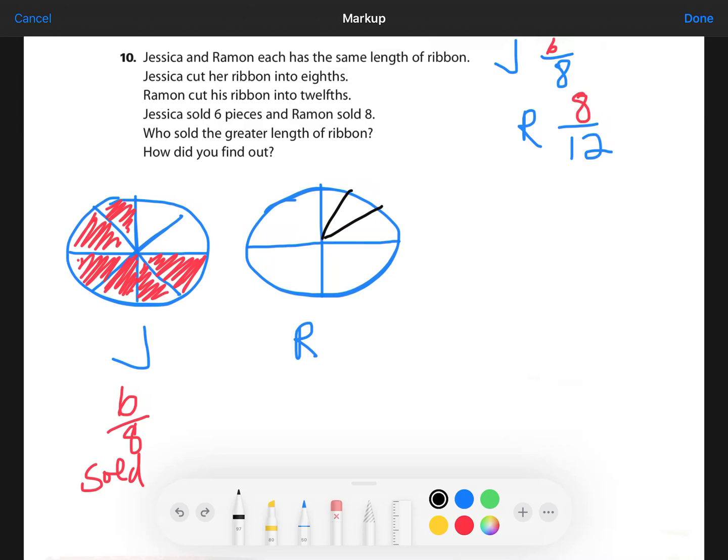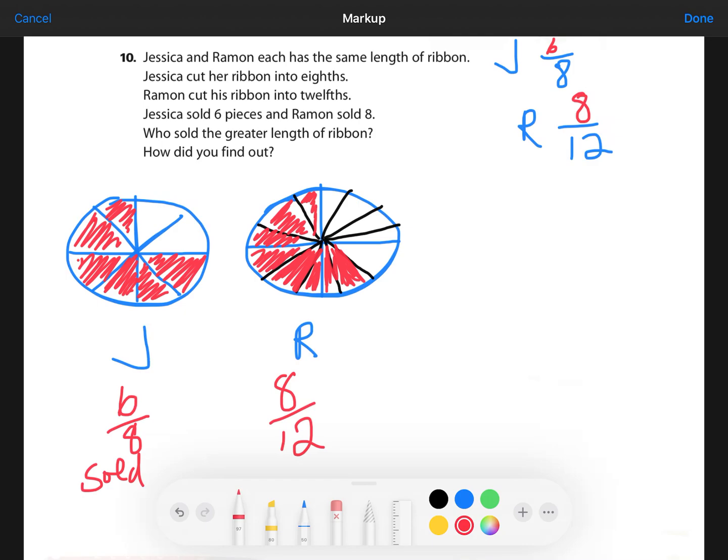Oh, that was terrible. It's not a very round circle, is it? Now we have twelfths, 8/12 in fact, and I'm going to make sure that I shade in a similar area, starting in a similar place, so I can compare them more easily. 1, 2, 3, 4, 5, 6, 7,